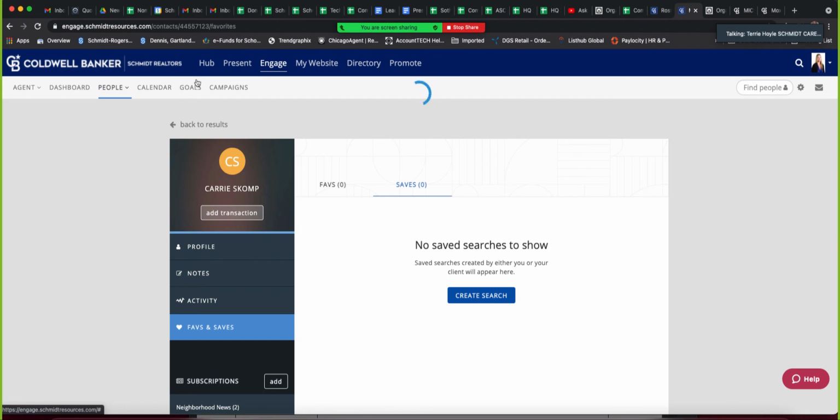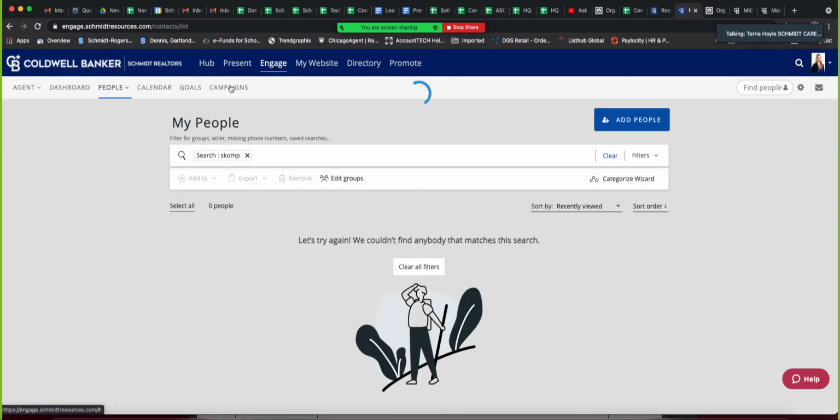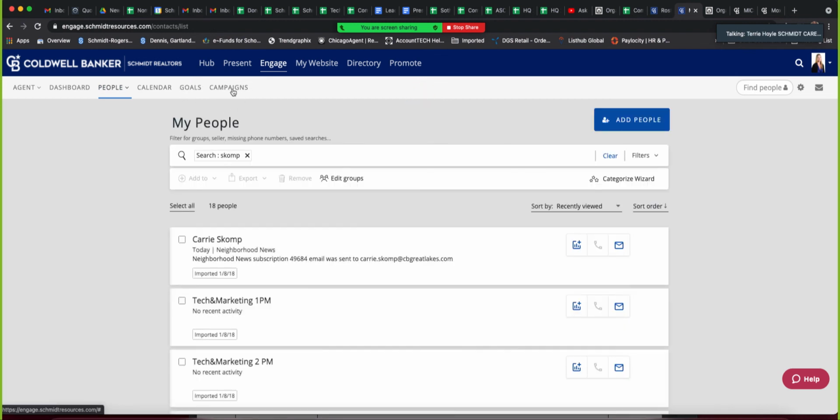Keep in mind, this is where your goals reside. In 201, they will talk about campaigns. But this hub right here, if you've been with us for a little while, you'll realize it changed recently. It used to say home, but it really is our hub. It's our one-stop shop for you guys. It even has Schmidt Resources embedded in it. So if you come over here to the hub,